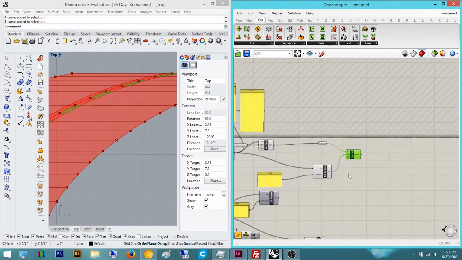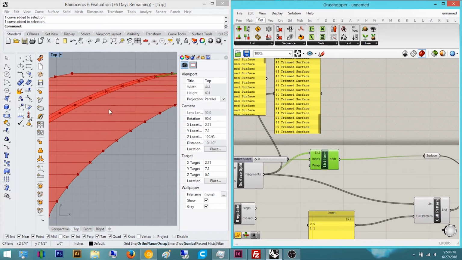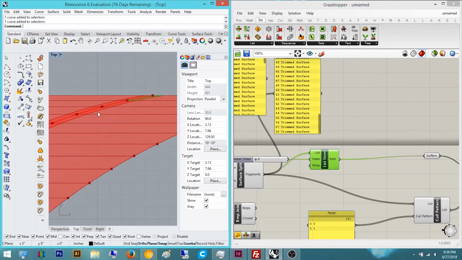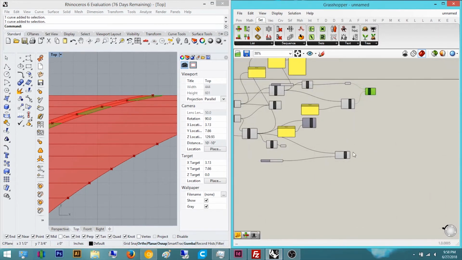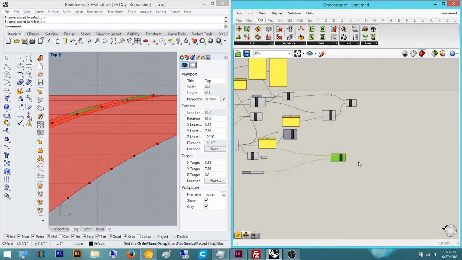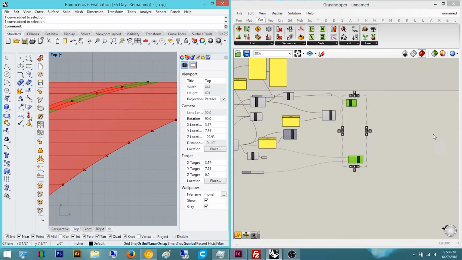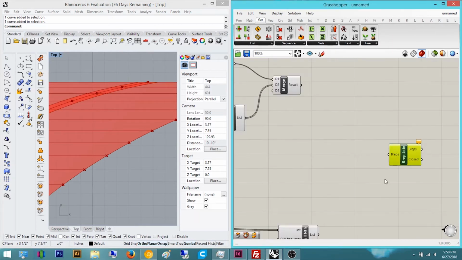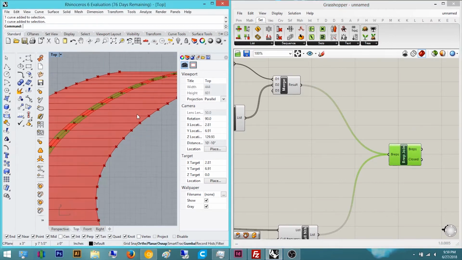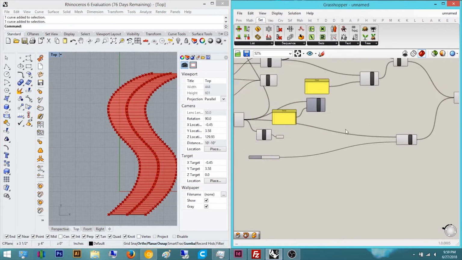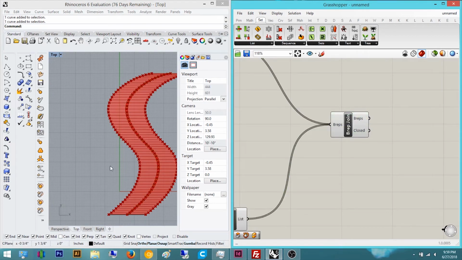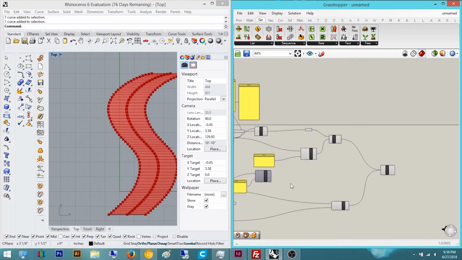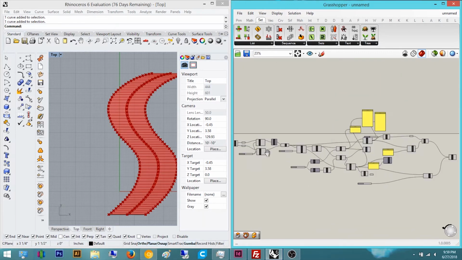Anyways, what I did was I figured out that 0, and it would skip 1 to here, and that's why it was all jacked up. Okay, so now I have these two, and now I can do a join. Now I can do a join, and then, alright, now I got my geometry. So yeah, that's pretty much it for this. I just wanted to show you guys